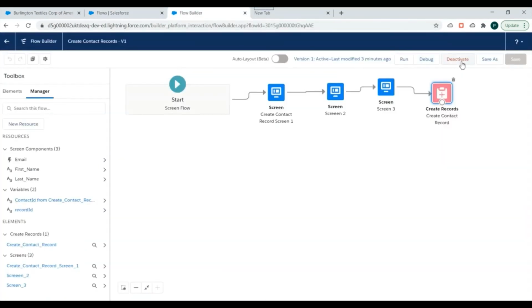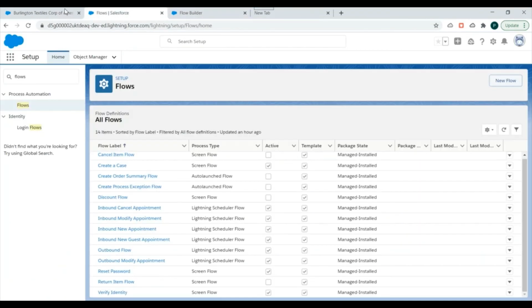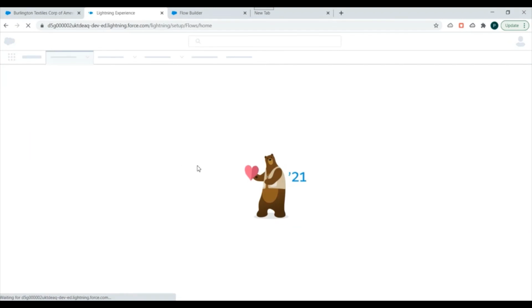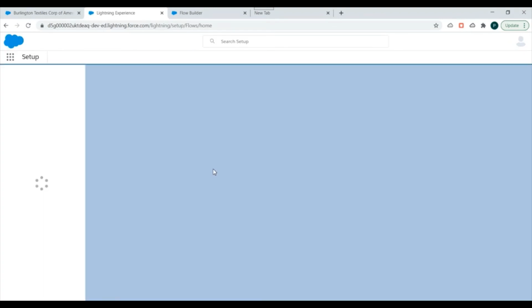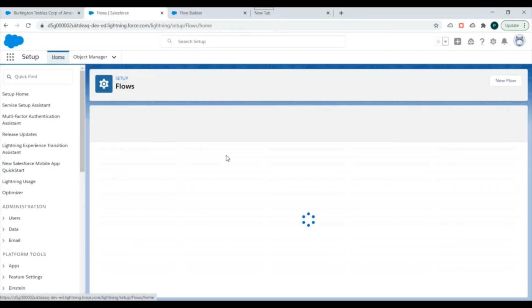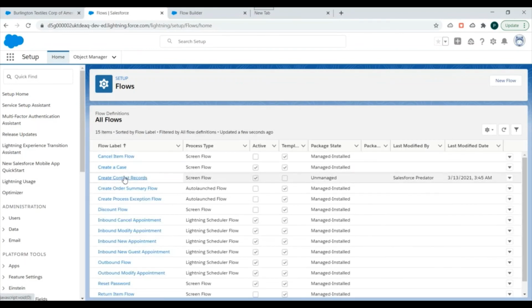Now we have activated our flow, right? So let's say if I want to look into flows, we'll search for flows over here in the setup, go to flows, and refresh this screen. We'll be able to see the newly created flow. This is the create contact record flow, and you can see it is active.